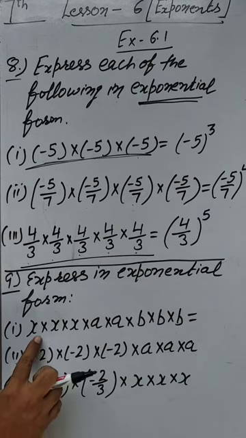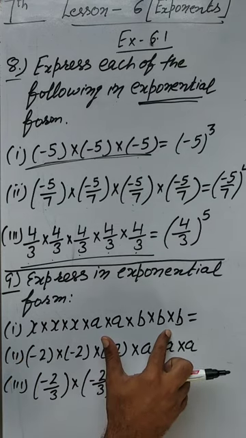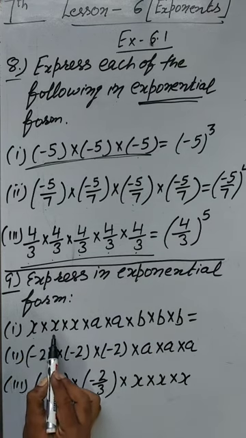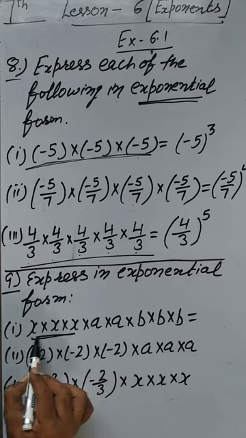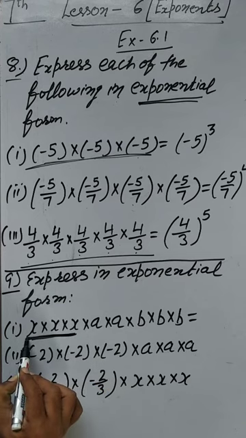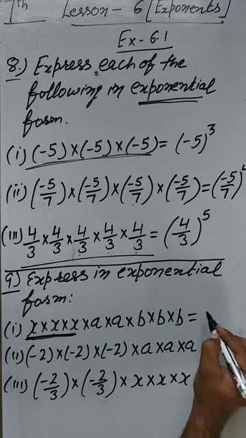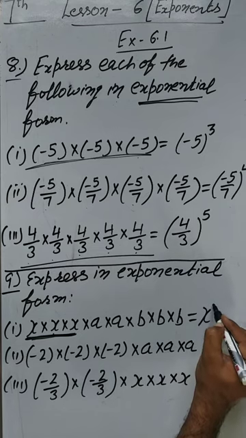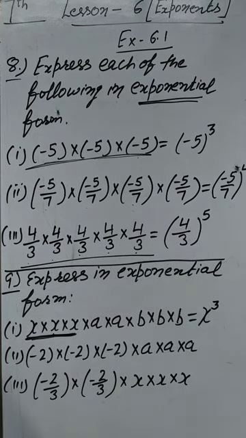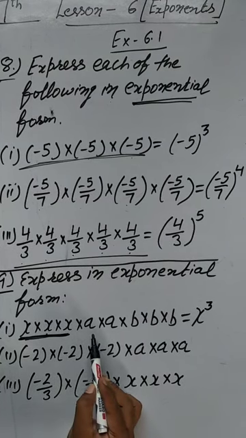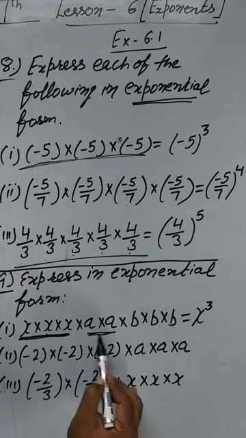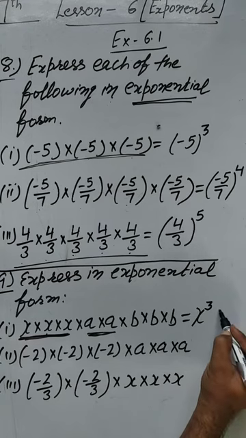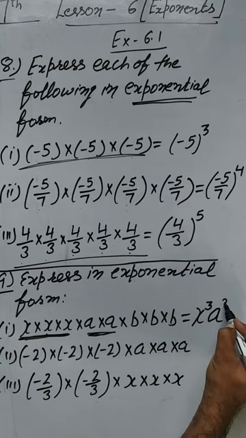Here we have three numbers, x, a and b. Now x multiply x multiply x means x is multiplying, how many times x is multiplying beta? 3 times. 1, 2, 3. So in the form of power it becomes x raised to power 3. Clear beta? And next number is beta a. How many times a is multiplying? 1, 2. Means a is multiplying 2 times. So it becomes in the form of power a raised to power 2.